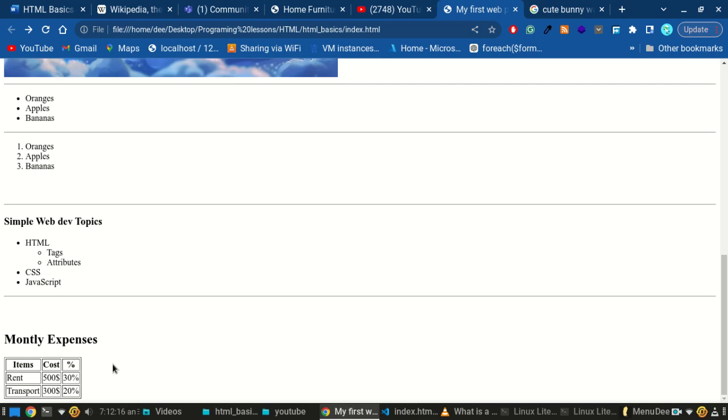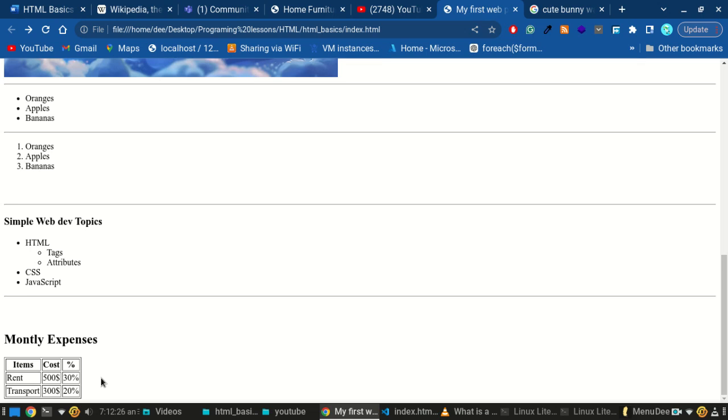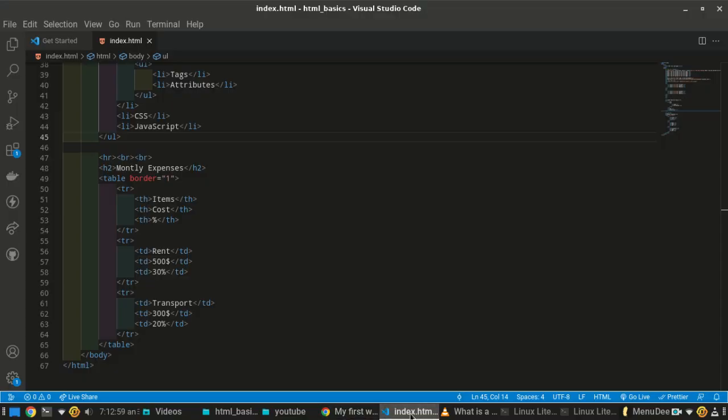Okay, so you can see that our table here is beginning to look like a real table that we see in other applications. So let's continue to explore the basic semantic tags. I think we can go ahead and look at forms. Okay, so forms are basically used to collect user inputs and can include various input elements such as text fields, checkboxes, and buttons. So forms utilize the form tag